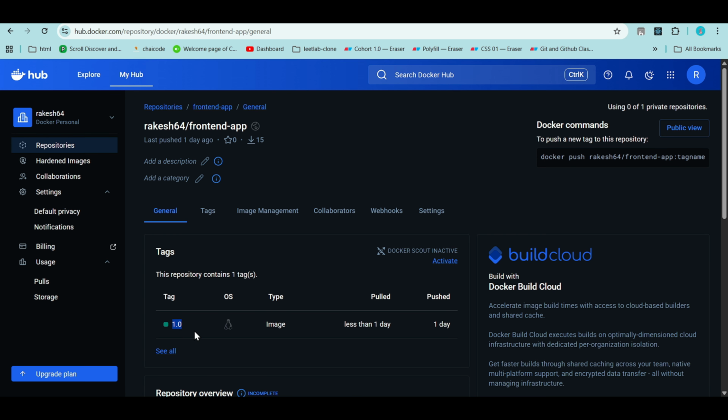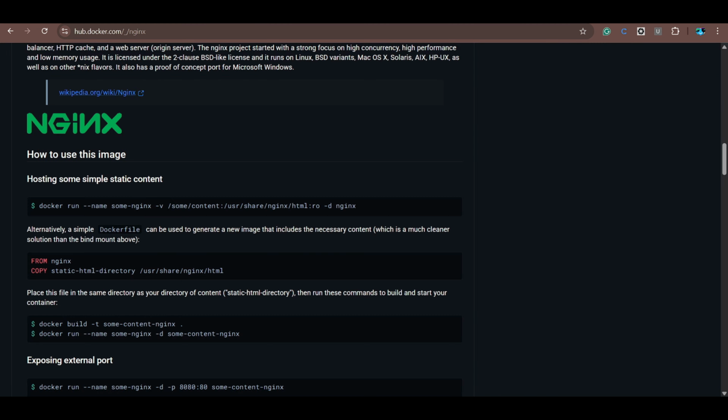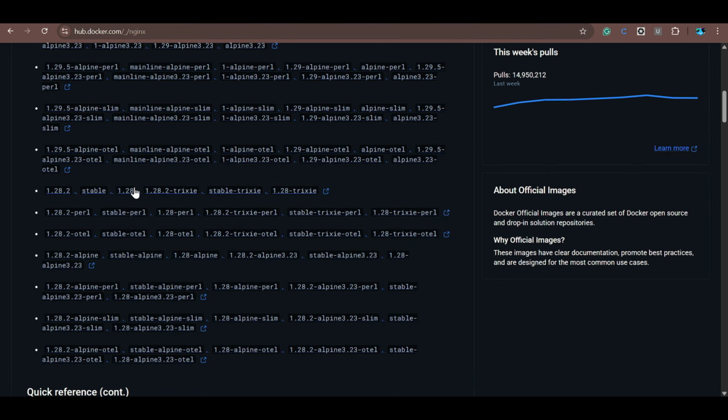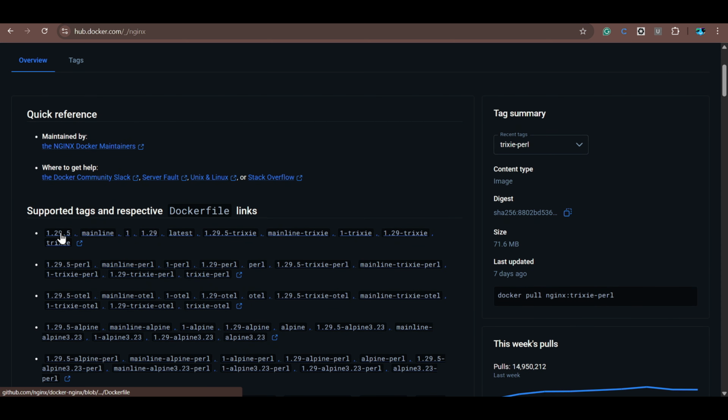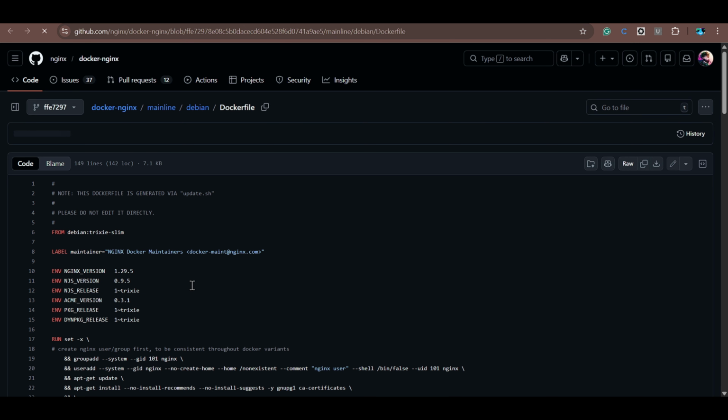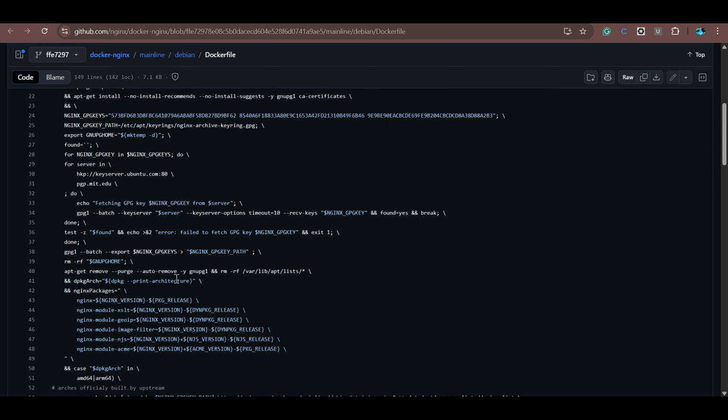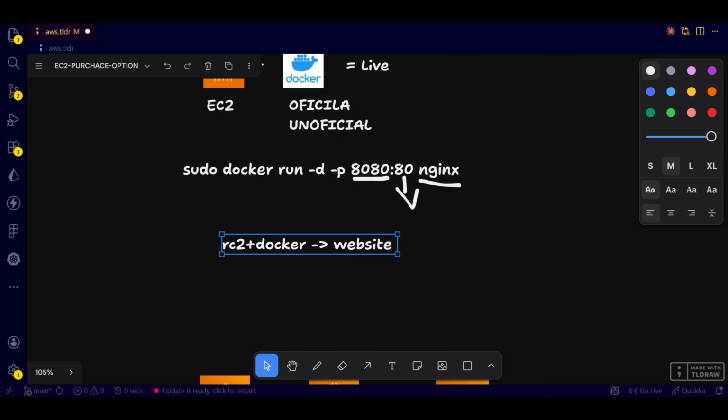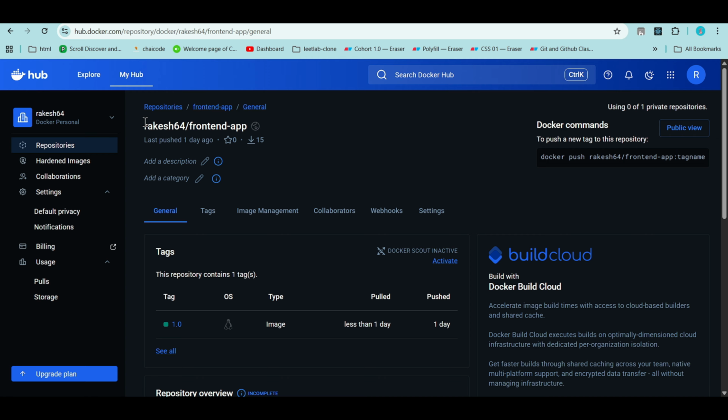Why is the tag important? If we pushed our Docker image to Docker Hub as latest, we need to give it as latest. If we marked it as 1.0 or 2.0, we need to use only that one. If you go to Docker Hub, you see we have something called 1.2; if you go inside that, that version you will be able to use. So we will pull this front end